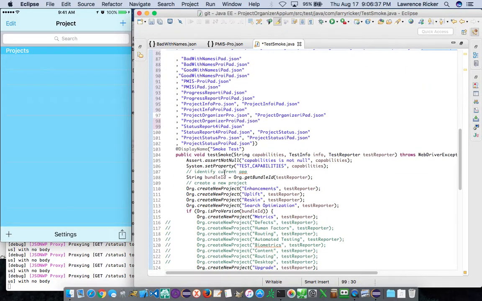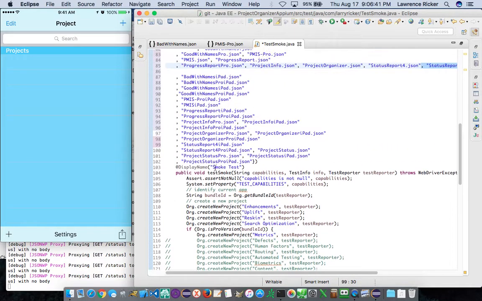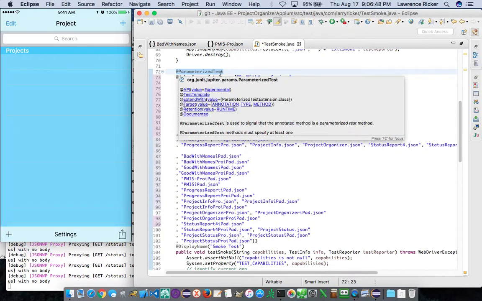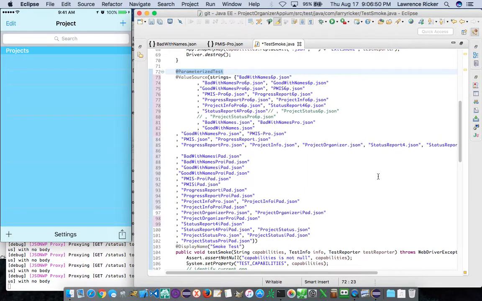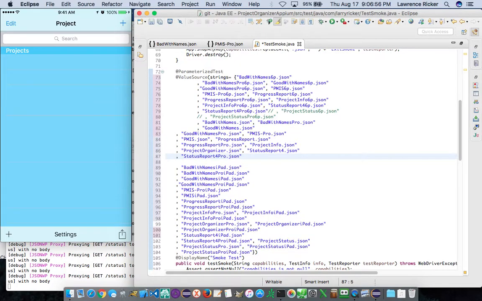At the very top here, let's scroll up, has the annotation @ParameterizedTest, that makes it a parameterized test. And then these are the parameters that get passed in one at a time. Each JSON file gets passed in, and then as those get passed in on each execution of the test,